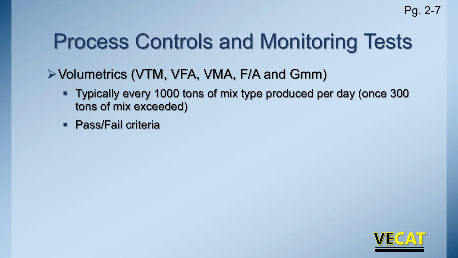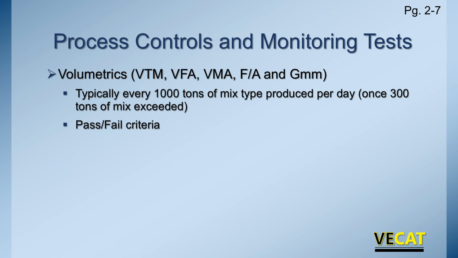What are our process controls in our monitoring tests? If we're using AC content and gradation for payment, how else are we controlling this mix? We're using volumetrics. That's our voids in total mix, voids filled with asphalt, voids in mineral aggregate, FA ratio, and rice value. There, we typically test randomly, every 1,000 tons,